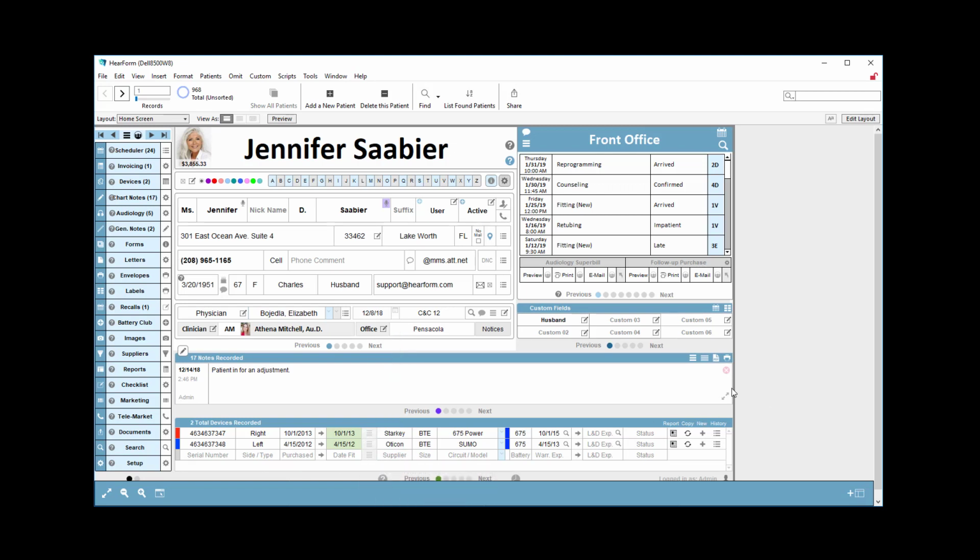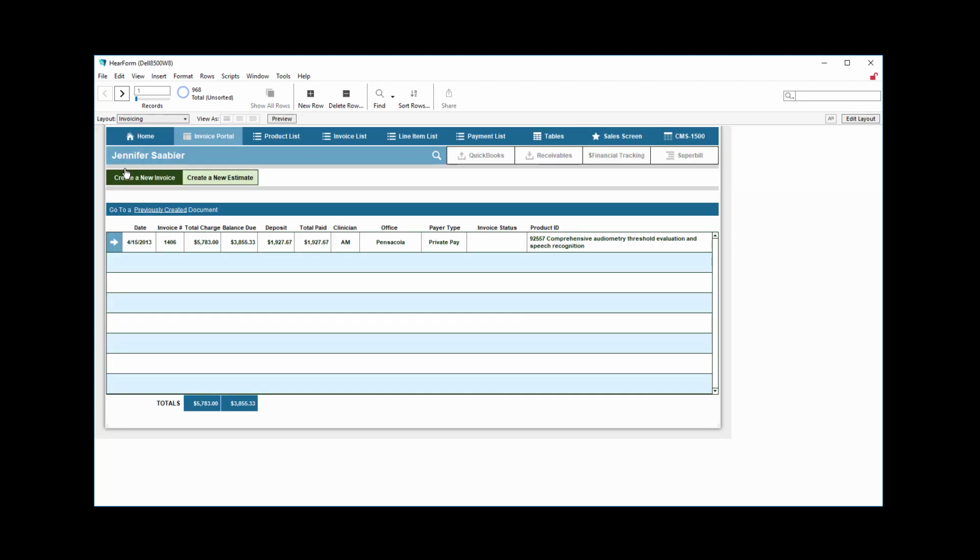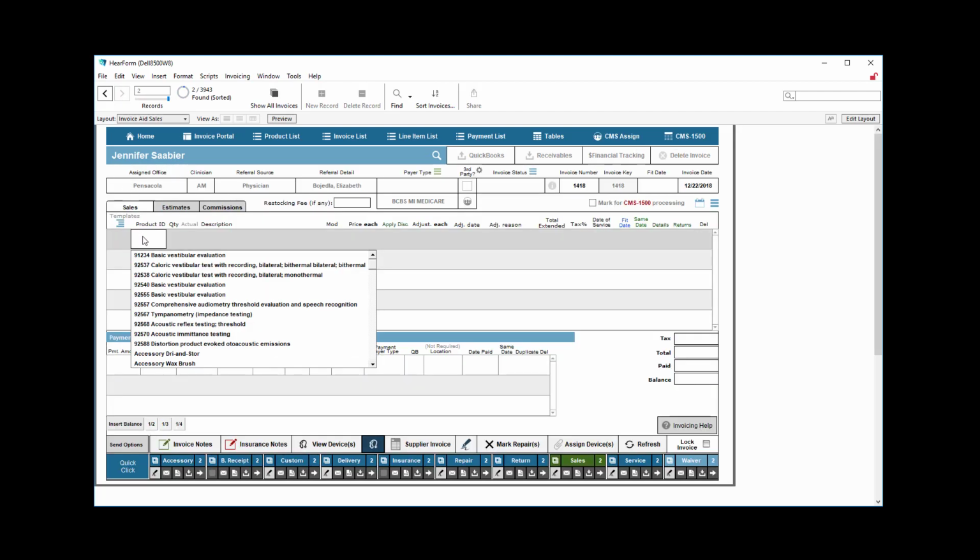Let's say we wanted to send one or both of those in for repair, and we want to create an invoice or a receipt for her. We're going to create the invoice in this module here by creating a new invoice, and then we'll click into the product ID and type the letter R, and I can choose a 6-month, 12-month, 24-month, whatever product or service